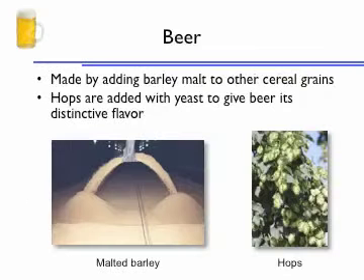Let's start with beer. Beer is made by adding barley malt. Barley is the grain, and remember, malted barley is barley that's been allowed to sprout just to begin the germination process, and then it's shut down by blasting hot air on it. So we've activated the enzymes. They're converting the starch in the barley grain to sugar, and then you add yeast to convert that sugar into alcohol in a solution. Beer is flavored with a flowering plant called hops, and if you've had like an ale, like a pale ale that has a very flowery, floral sort of flavor to it, those are the hops that